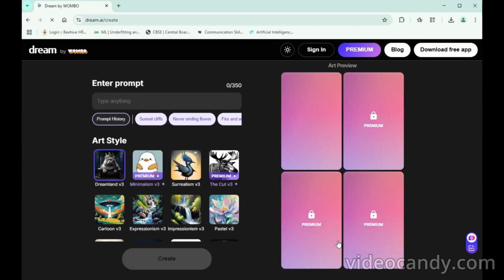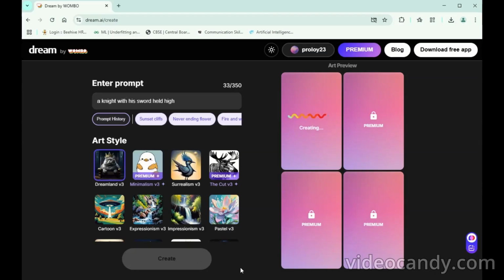Enter your descriptions in the text box below the Enter prompt heading. Click on the Create button.